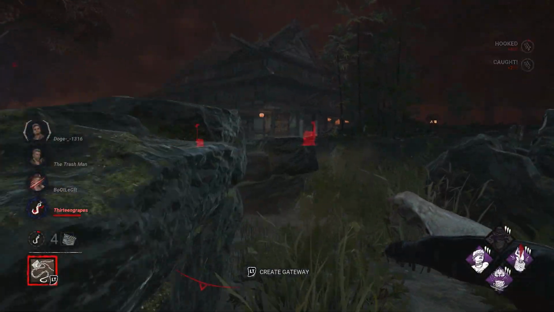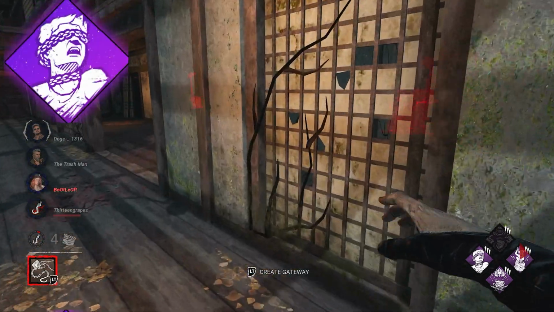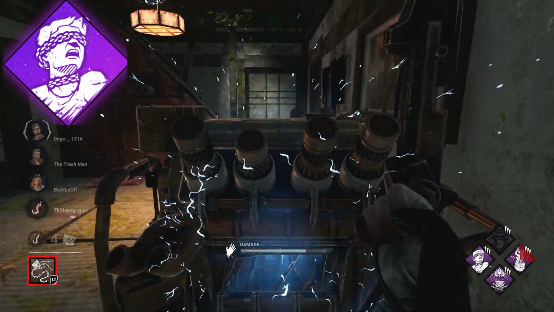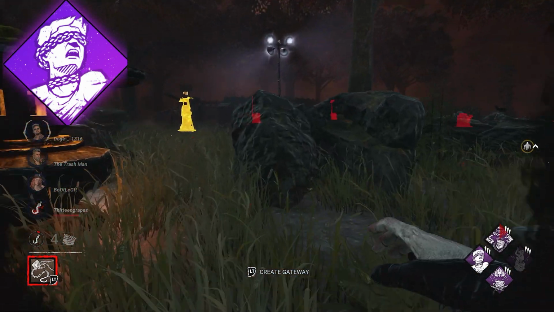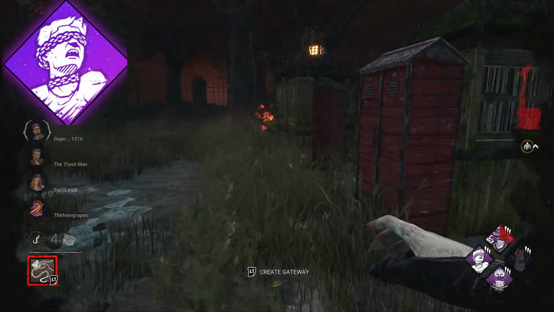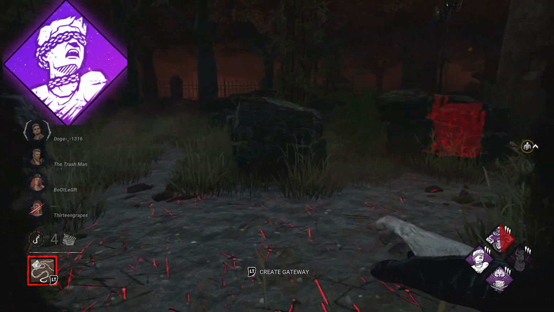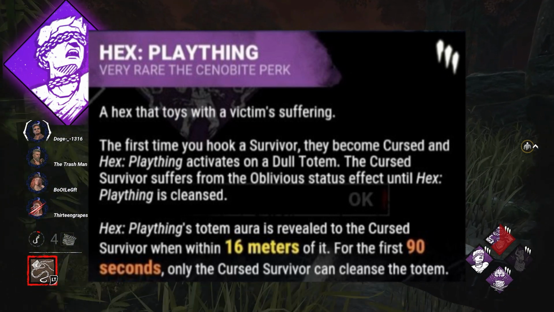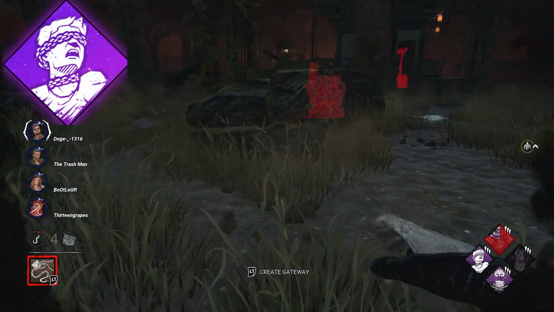Next perk we're going to be talking about is Hex Plaything. This perk is so mean. It's like getting kicked in the shins right after you fell flat on your face. It takes the shame of being unhooked by a fellow survivor and turns it into an entire redemption arc, because what this perk does is every time you are hooked, a dull totem becomes an active totem, and the survivor who is afflicted by that totem or who is on the hook is now oblivious, which removes the terror radius from the killer, which is just